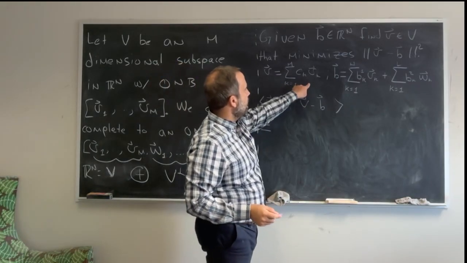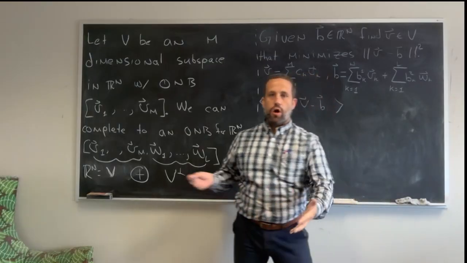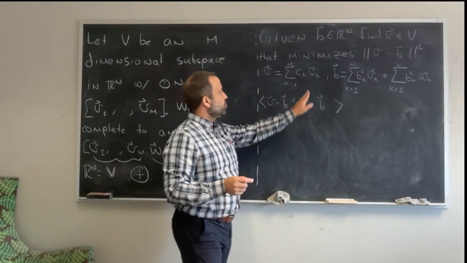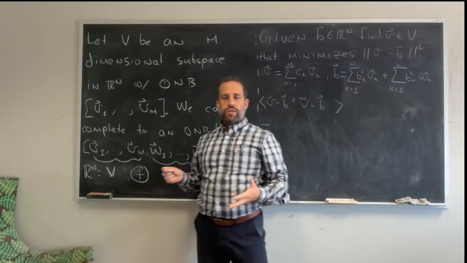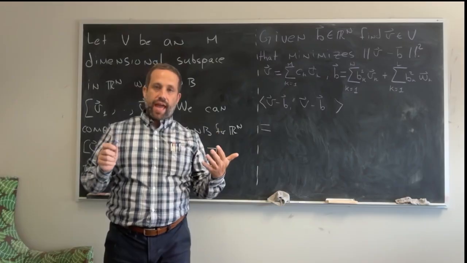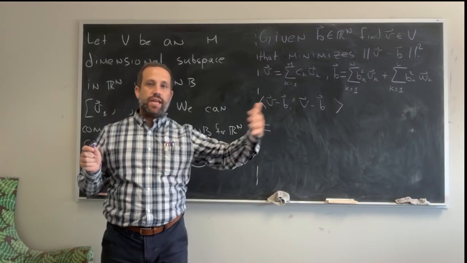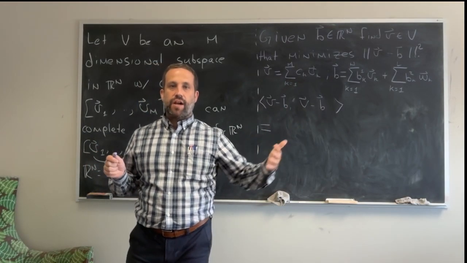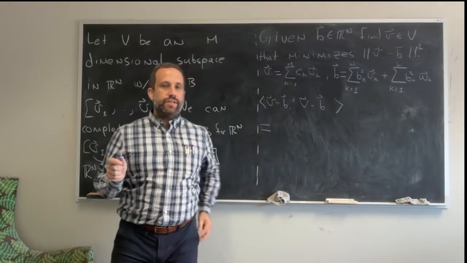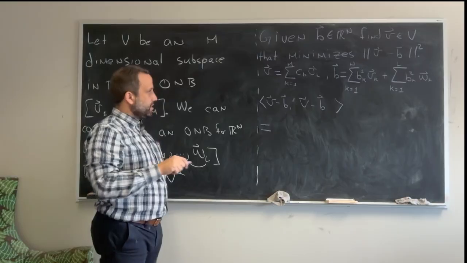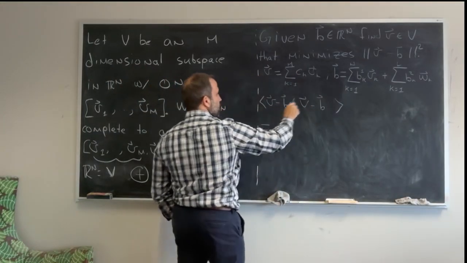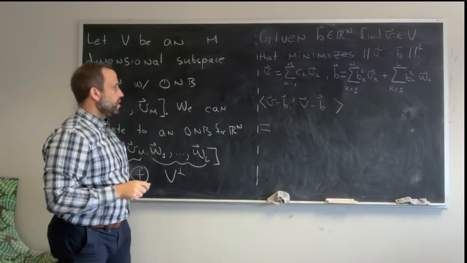The vk's inner product with the wk's is all 0, because all of the wk's are orthogonal to all of the vk's. vk with vk is 1, and vk with another vj is equal to 0. Replace v and b with these expansions and do this computation,